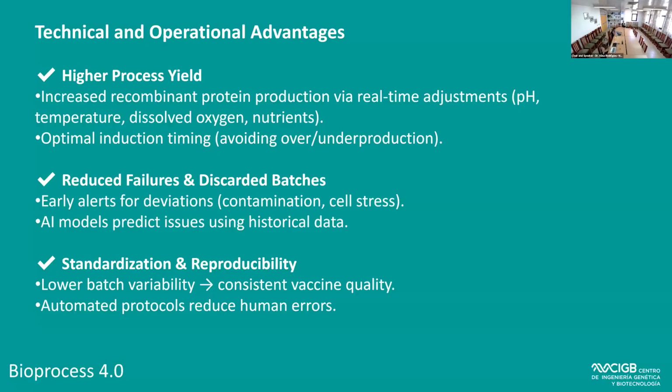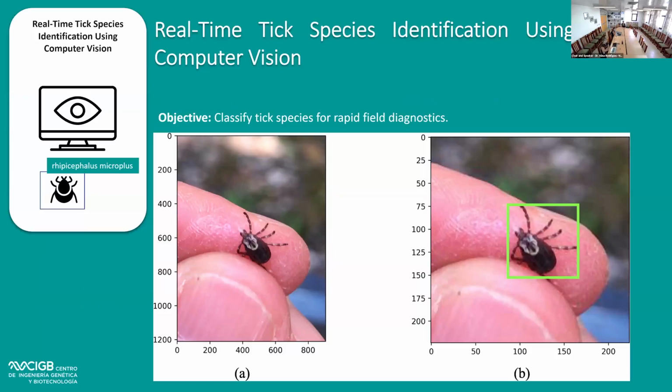So this project can bring some technical and operational advantages, like reducing failure and discarded batches, standardization and reproducibility, and increasing the recombinant protein production via real-time adjustment of parameters, and others. So the second app we are focusing on is